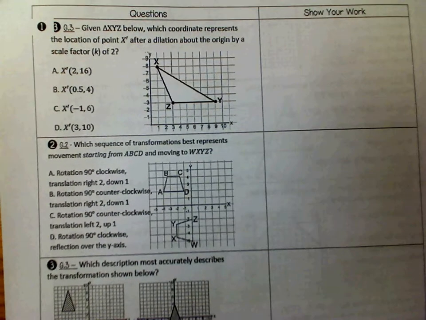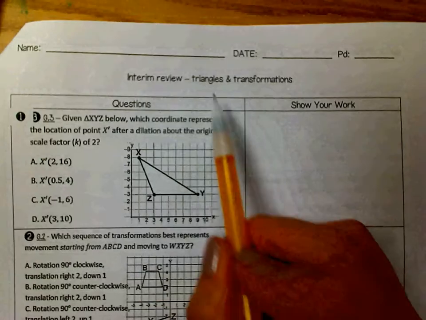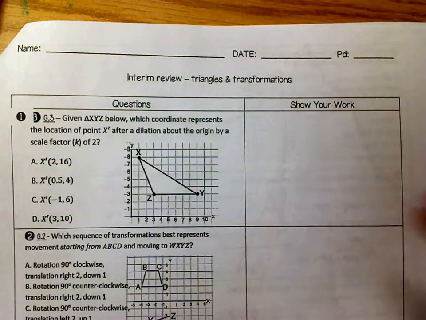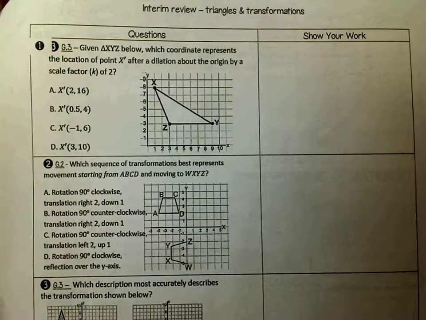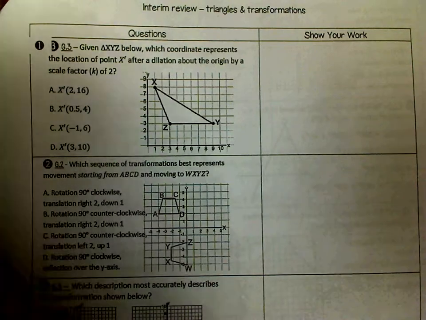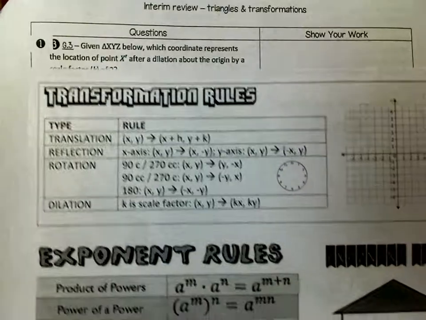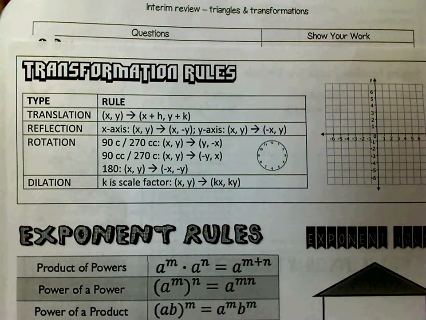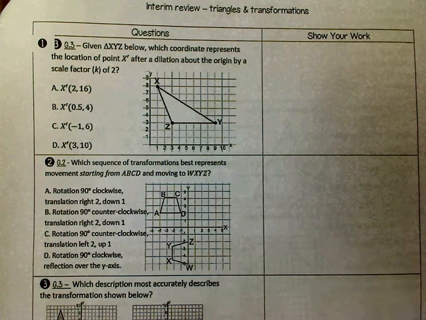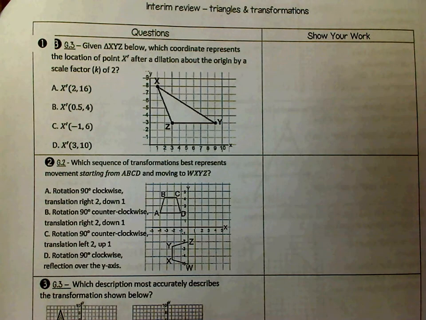Okay, now I'm going to go over the interim review part, where you have triangles and transformations. Once again, you can always refer back to this brain dump sheet, the transformation rules. But all of this is also in your notebook, so if you need further explanation, you should go back to your notebook. Number one,